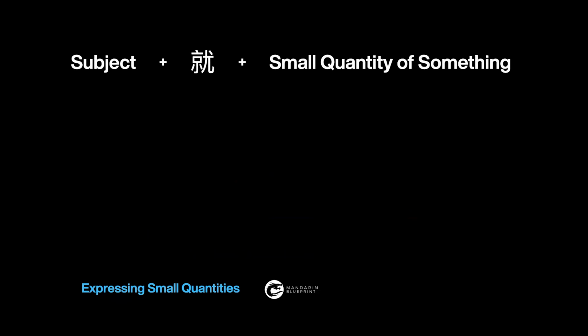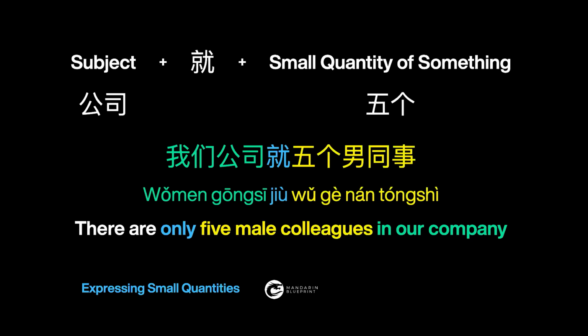Now, this is also a very cool way that you can use it to mean a small quantity from the speaker's perspective. Almost all of this is subjective communication. So the subject is 公司, and the small quantity is 5个, or just really a quantity. Without 就, it's just a quantity. When you add 就 in between, then it's a small quantity from the speaker's perspective. 我们公司就5个男同事. There are only 5 male colleagues in our company. So from the speaker's perspective, having only 5 male colleagues is a small number. Now, to somebody else, it might be a large number, but in this case, the 就 expresses their subjective opinion